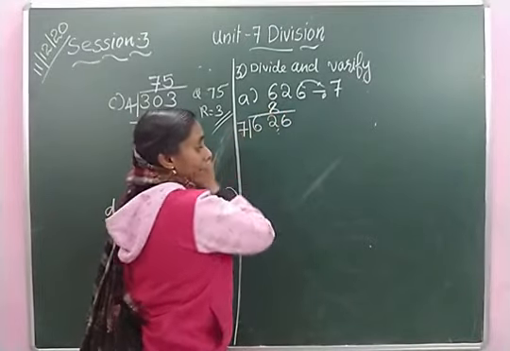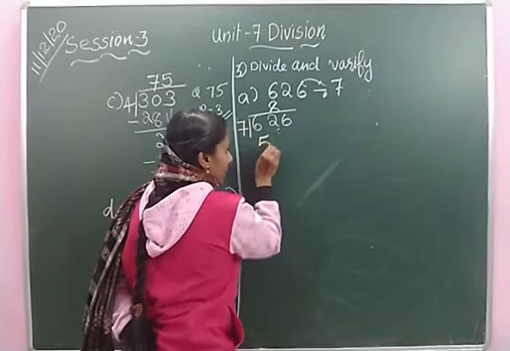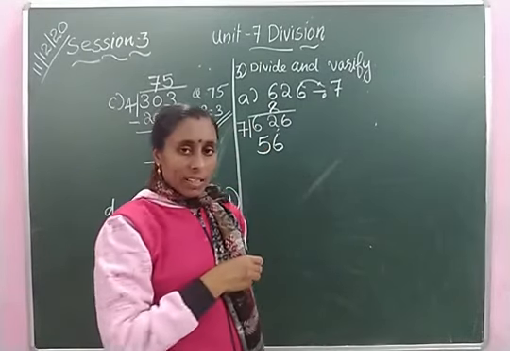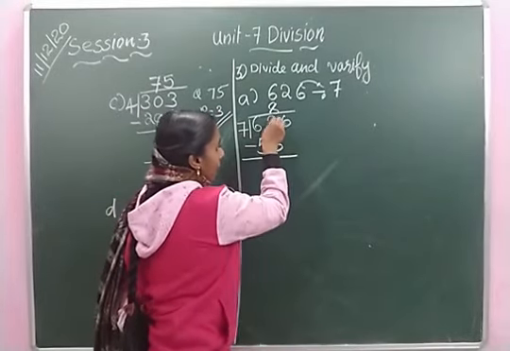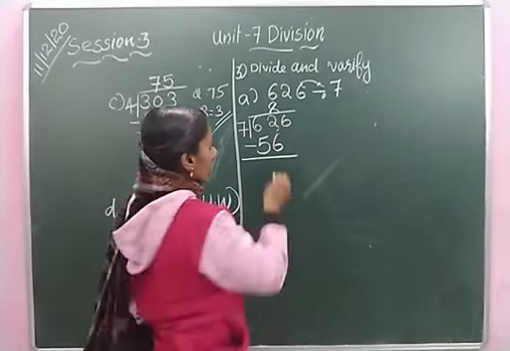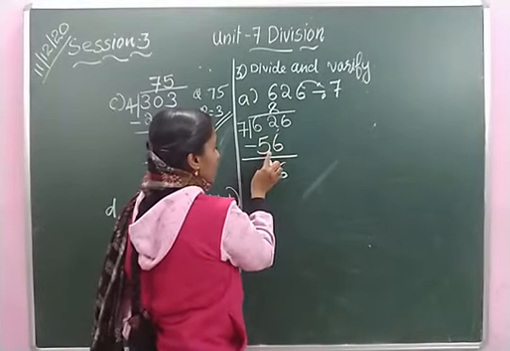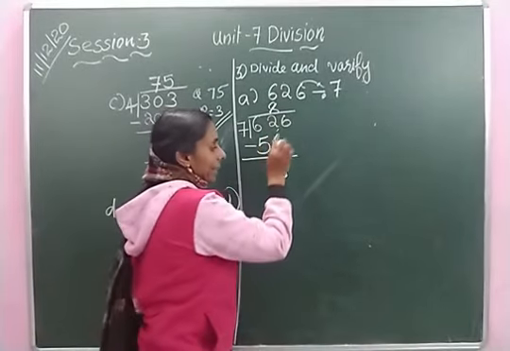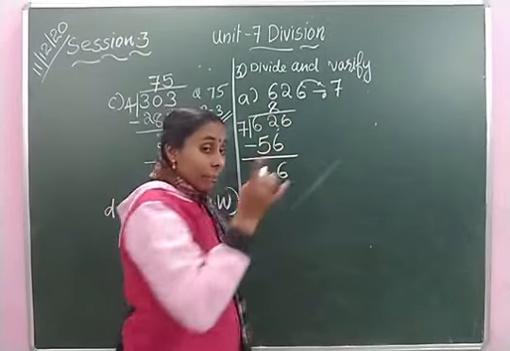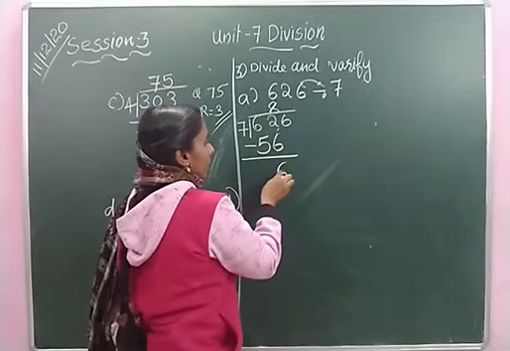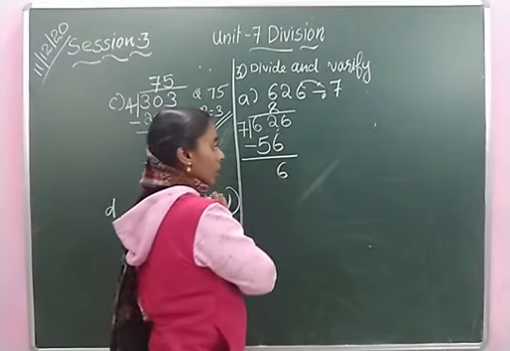Then 7 8s, next step is multiplication. 7 8s are 56. Then what is the next step? Next step is subtraction. 62 minus 56. We will get 6. I am not going to cut and cancel here. You have to do it in your mind. If you cancel here like this, it will cause confusion for you. Then, how did you get the 6? 62 minus 56 is equal to 6.